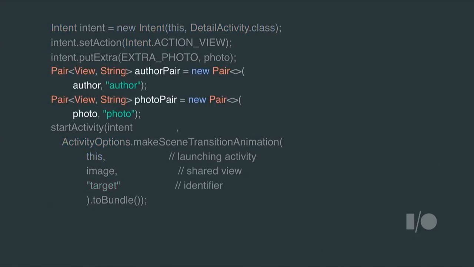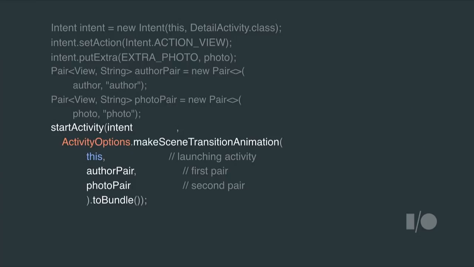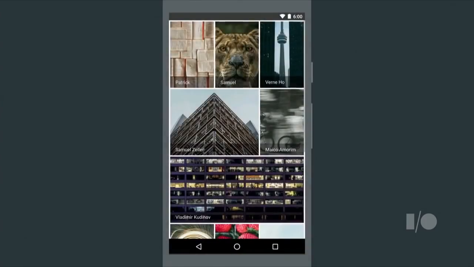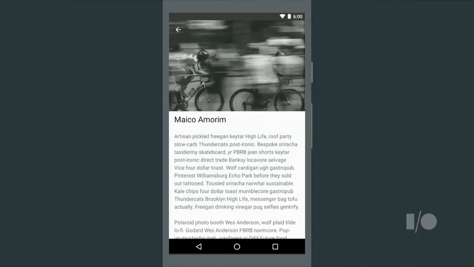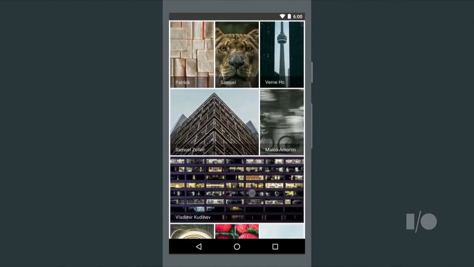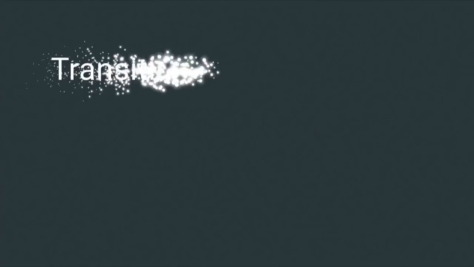If you have multiple shared elements, though, you want to have pairs, which can be created in separate ways, but this is one of the ways. You just create a pair which basically contains the same information. It contains the detail view, the starting view, as well as the target transition name. And then, instead of having this on here, you just pass those two pairs in here and start the activity as is. And after all this is done, this is the nice transitions that you get. And with that,